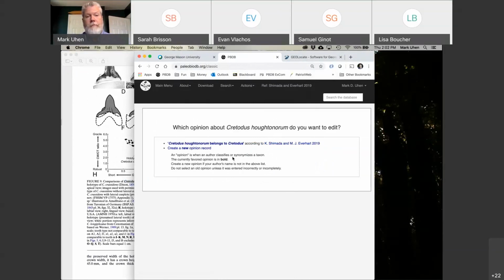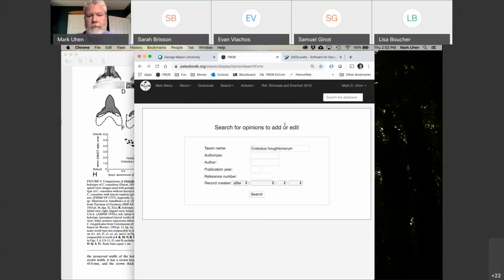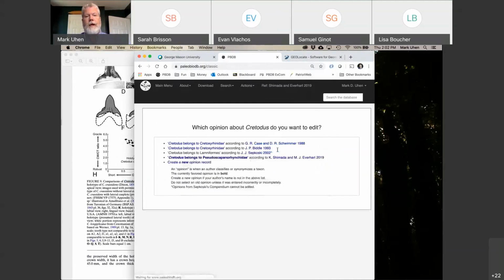So there's only one, so let's check Critotus. Yep. Usually, as Evan just said, it depends on the quality. It'll take the most recent stated with evidence. If there are none stated with evidence, it'll take the most recent stated without evidence. In this case, this one is with evidence and it's the newest, so it took over from this